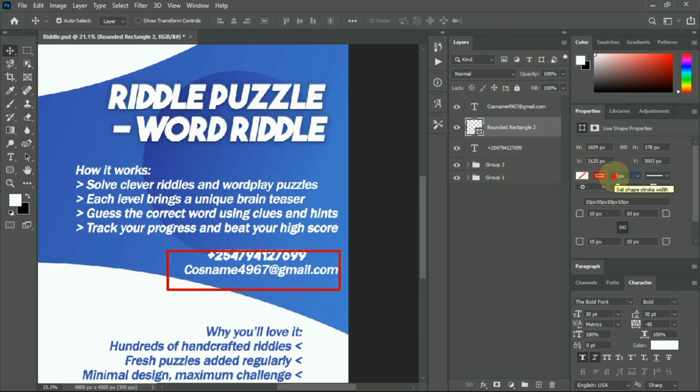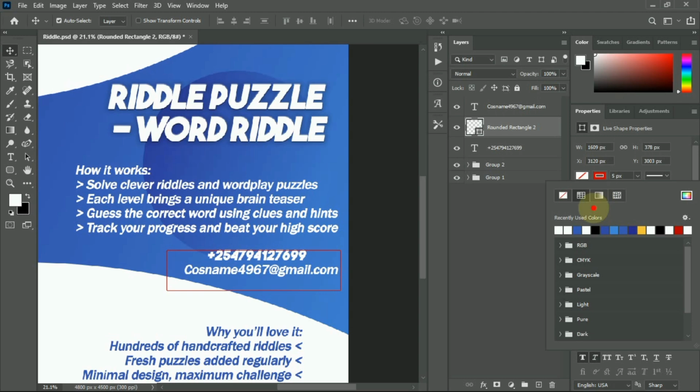You have to select it like that, but let us give it a small stroke of 5 and make sure it is white like that, but the background should be maybe this one. Yeah,